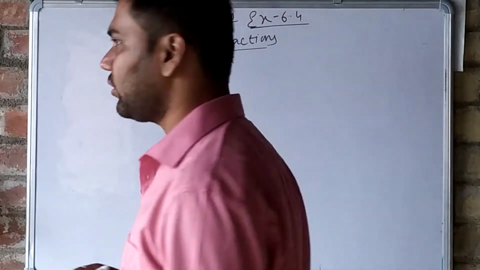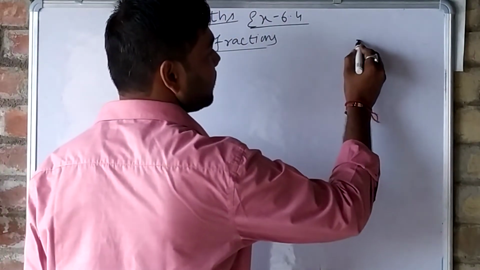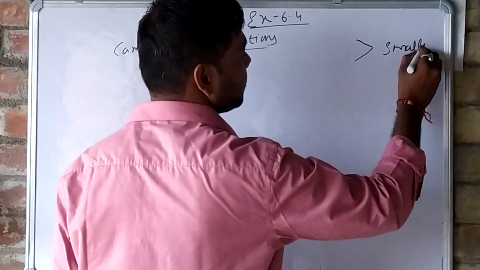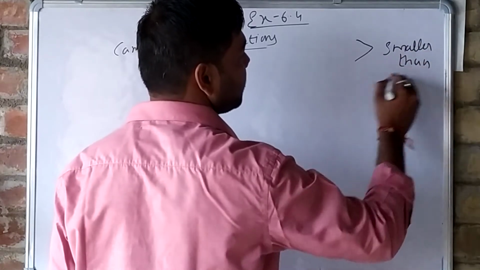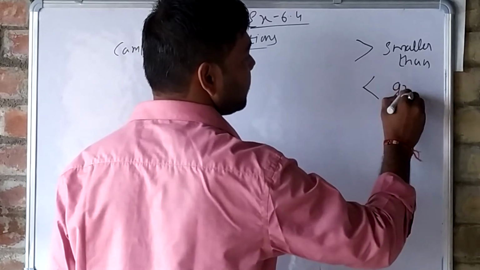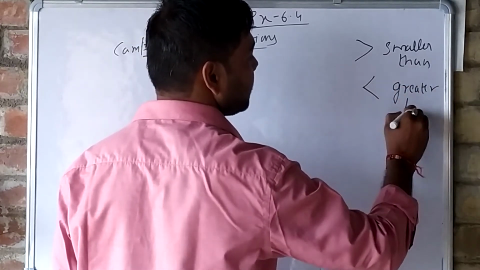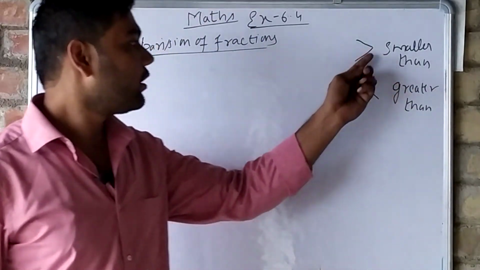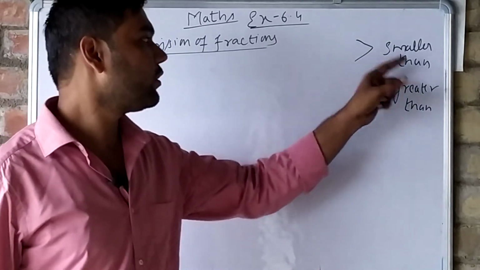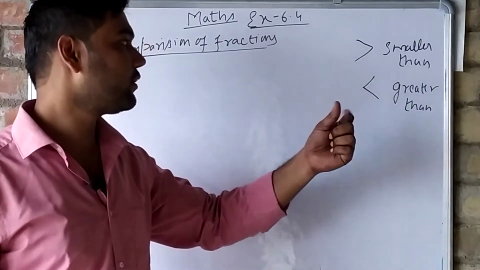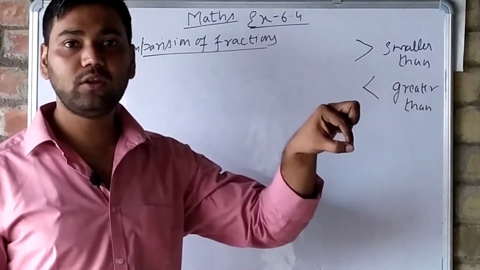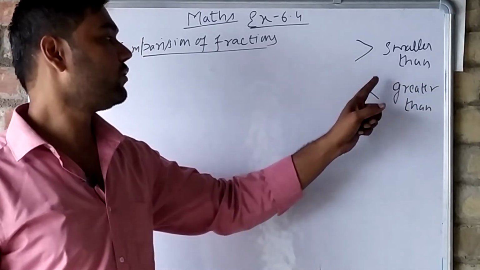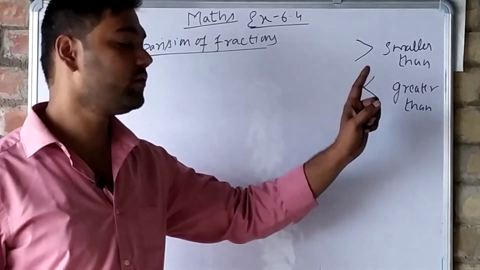Now before knowing this, I will remind you that this sign is known as smaller than. This sign is known as greater than. Okay, smaller than, greater than. Where the beak point is, that side is smaller, and where the mouth is open is known as greater than. मतलब चोंच जिस तरफ बनी होगी, उस तरफ की लिखी डिजिट छोटी होगी, और जिस तरफ मुंह खुला होगा उस तरफ की लिखी हुई डिजिट ग्रेटर मानी जाती है.